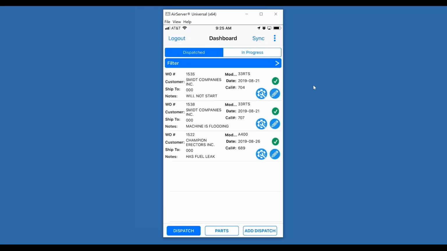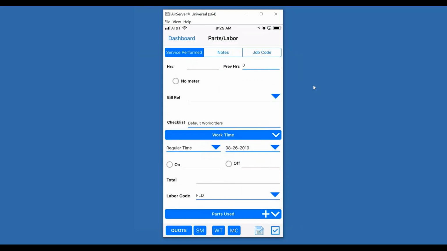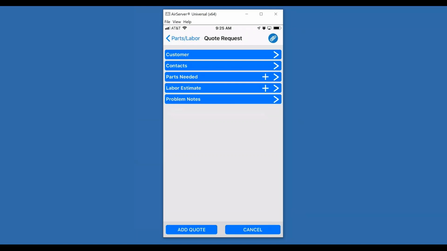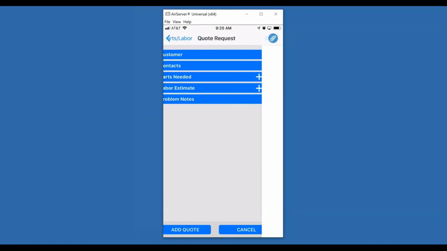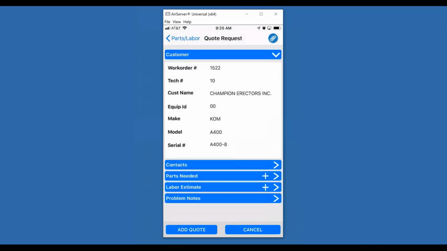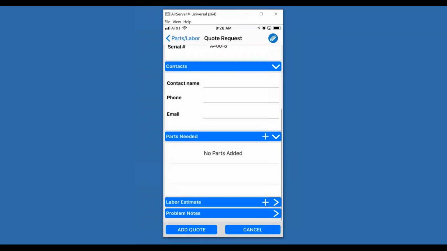One thing I was going to show you before we go back to the business system is on this parts and labor screen at the bottom. Let me go ahead and explain these icons here at the bottom. So when you're in this parts and labor screen, the quote basically means it allows the technician to collect the customer's contact, any parts that are needed, any labor estimates, and basically take all that data, capture images. They can go ahead and capture an image if they want to, and you'll have the customer information, contact name, any parts needed, labor estimate,